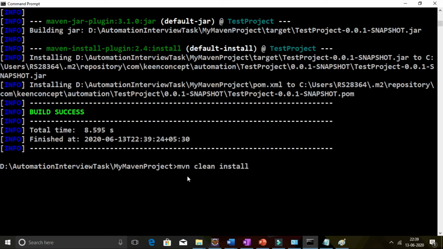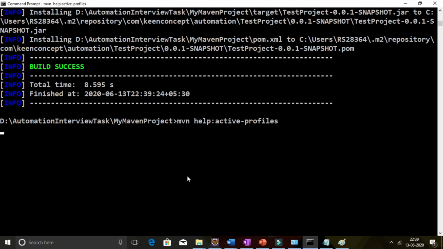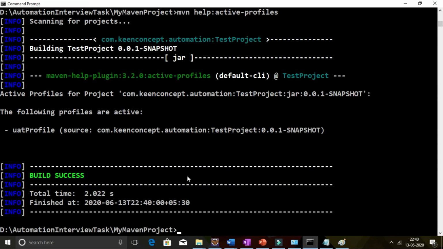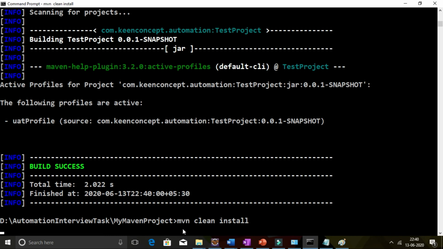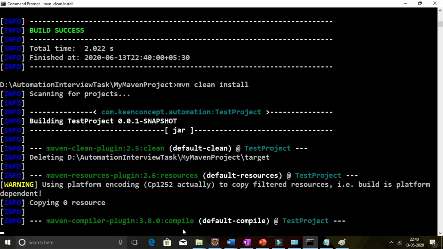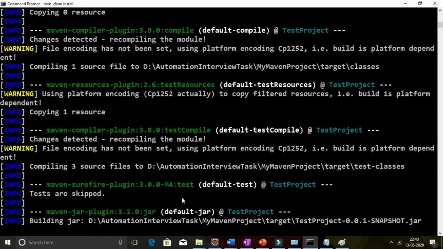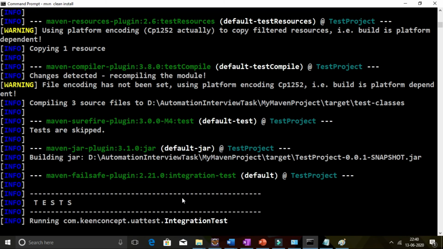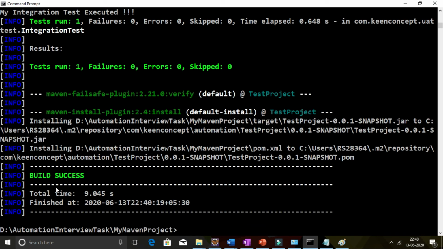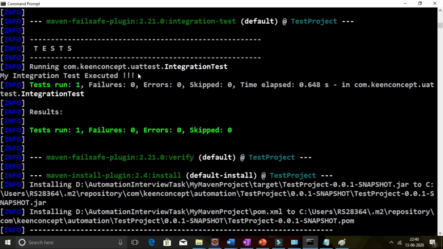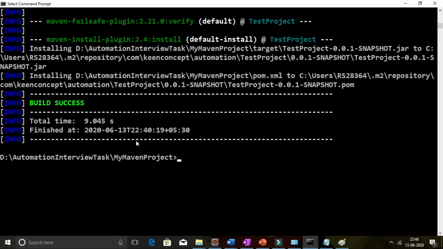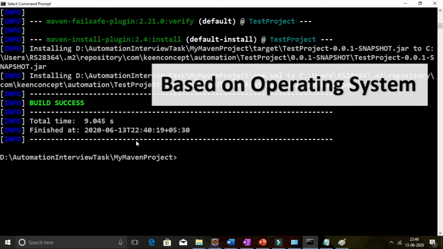Now we'll again cross check which profile is active by default. So you can see UAT profile got activated by default. Now if you'll run the default Maven build, so you can see build got success and it has executed only the integration test cases which have been specified under the UAT profile. Now the next way is to specify the OS version based upon which we can activate